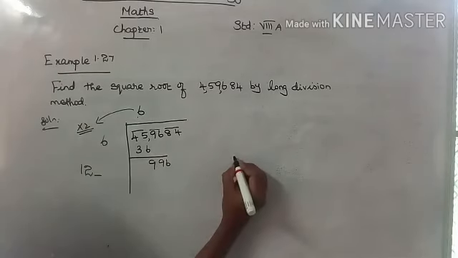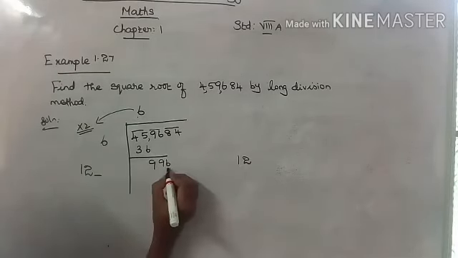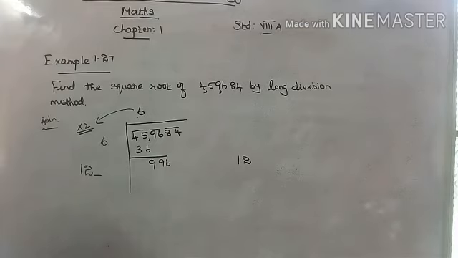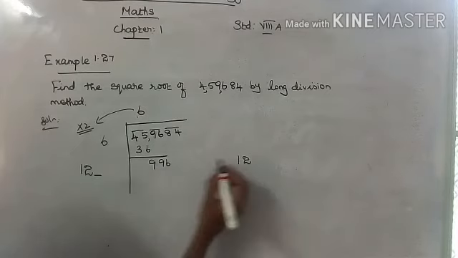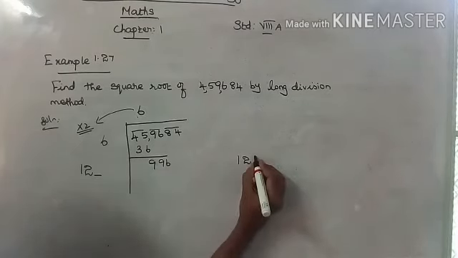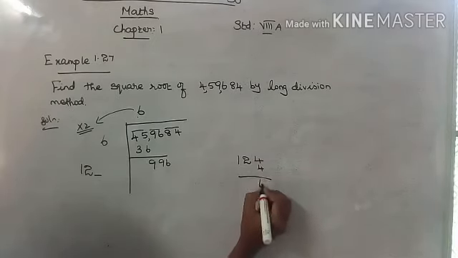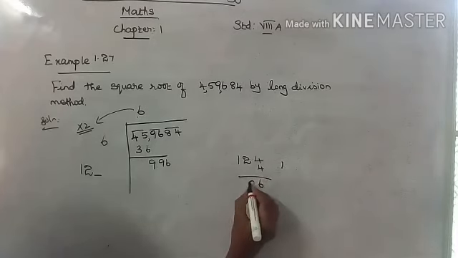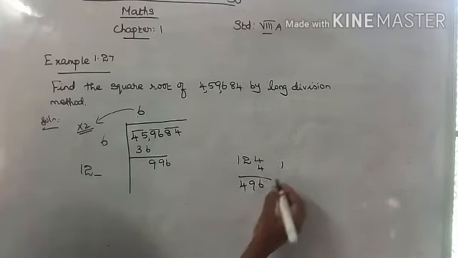Okay. So 12, see the last digit 6. So 3 3s are 9, 2 2s are 4, 5 5s are 25, 9 9s are 81, 7 7s are 49, 8 8s are 64, or you write the nearest value. Maximum 96, so we write 4. First you check 4 4s are 16, 1 balance, 4 2s are 8, 8 plus 1 is 9, this is 496.